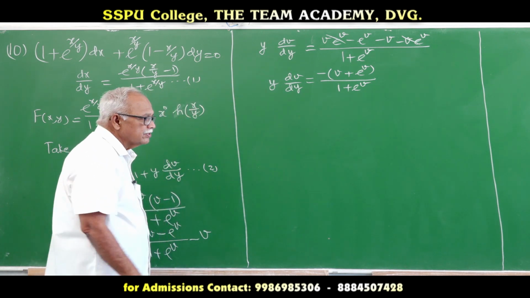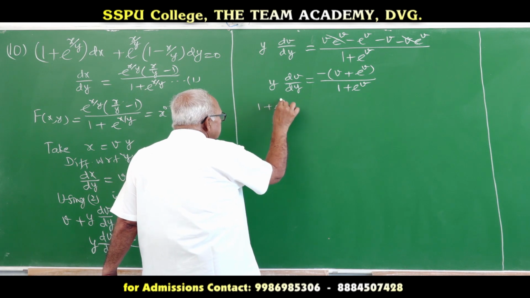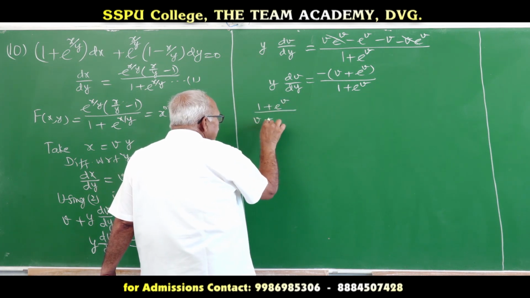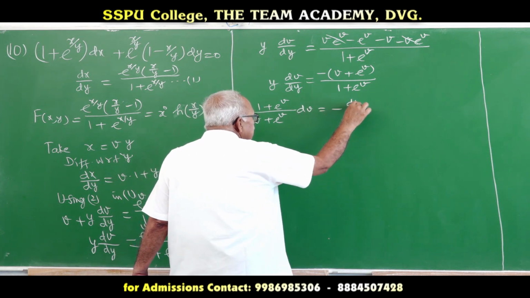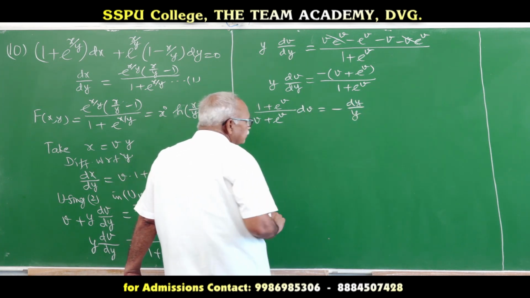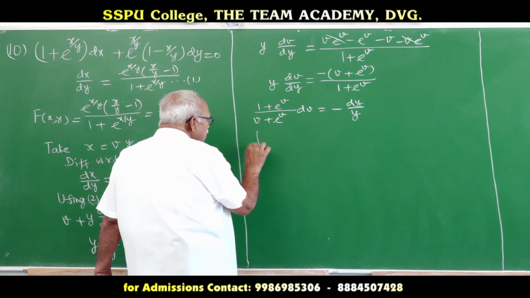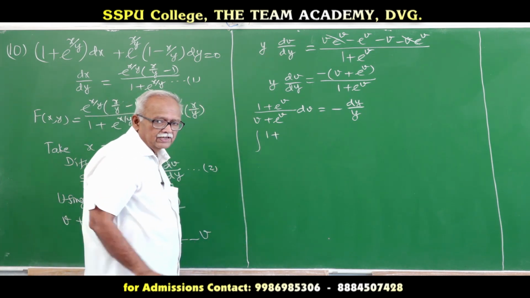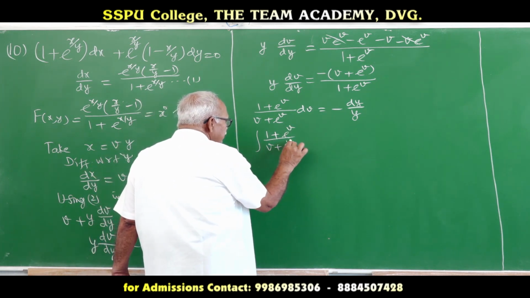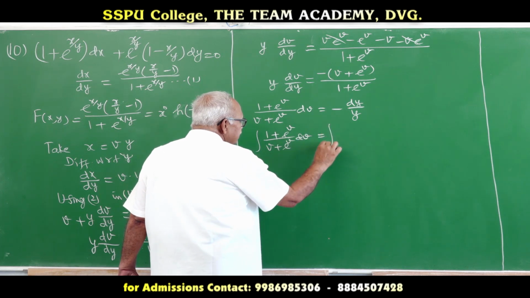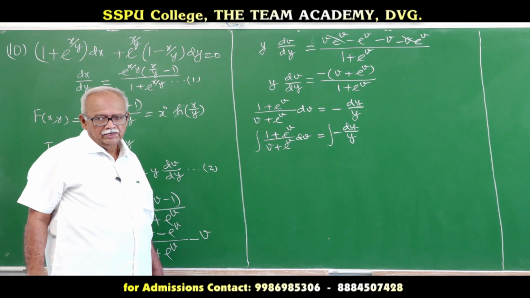Now, separation of variables: (1 plus e power v) divided by (v plus e power v) dv is equal to minus dy by y. So, separation is over. Now, integration starts: integral of (1 plus e power v) divided by (v plus e power v) dv is equal to minus integral of dy by y,